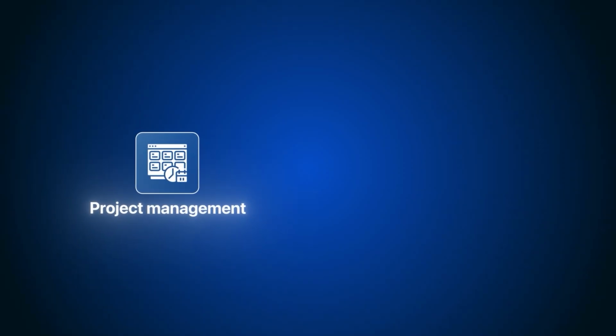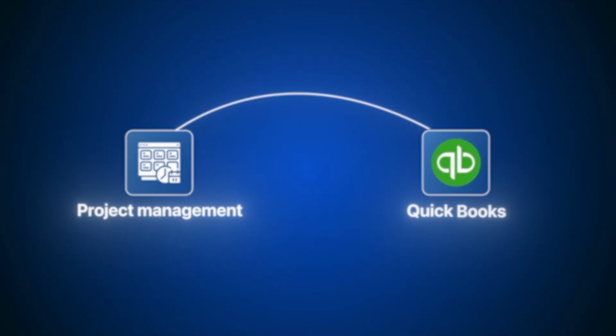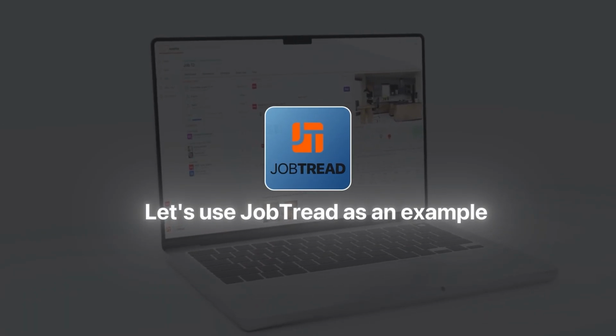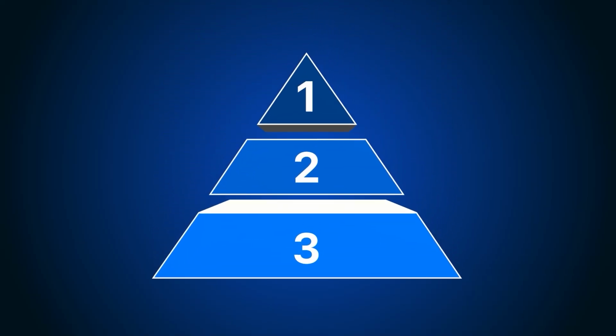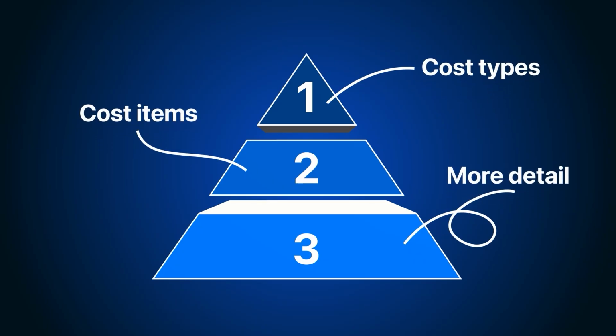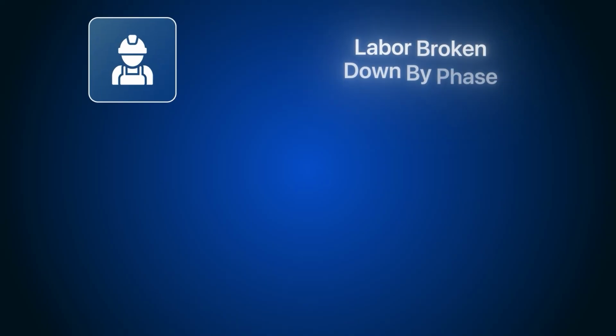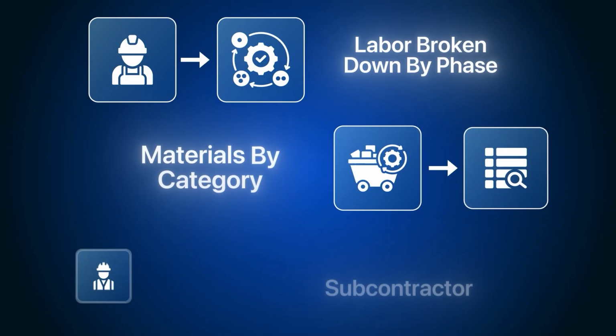Now, if you're using a project management platform that syncs with QuickBooks, which a lot of construction businesses are, the cost code conversation gets a little more involved. Let me use JobTread as an example because it's one I work with a lot. JobTread actually has 3 levels of cost categorization: cost types, cost items, and then a 3rd level of detail underneath that. And that layered structure gives you a lot of flexibility in how you track cost at the project level. The opportunity here is real. More detail means more visibility into exactly what's happening on a job. You can see labor broken down by phase, materials by category, subcontractor cost by trade,